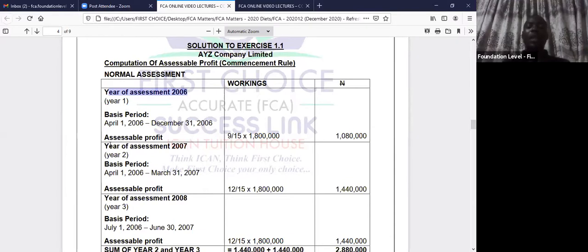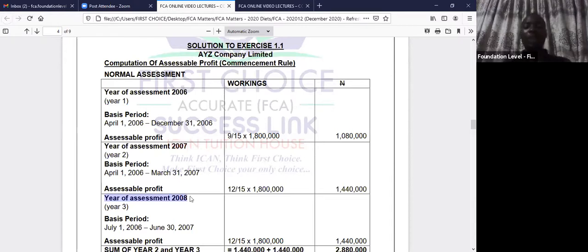So they are now asking, if the first year is actual year basis, why don't you continue charging me second year actual year basis, third year actual year basis? Now, the only time they can ask that question is if they have checked and it will favor them to go by that. Then they can exercise their right of electing for actual year basis. That is why it is called right of election. But if they have checked and it is not favoring them, they will not exercise their rights.